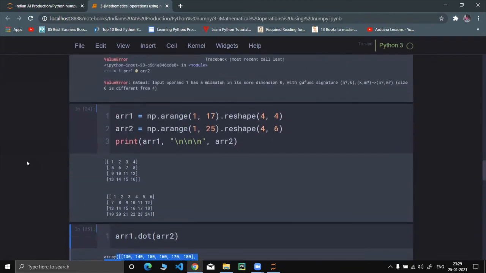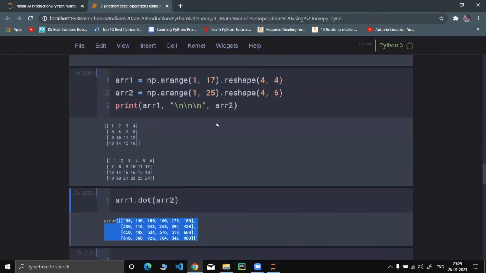But one point to note over here, after the multiplication, if we want to know the shape of the obtained matrix, then it would be total number of rows in the first, comma, total number of columns in the second. So initially, the number of rows in the first array were 4 and number of columns were 4. In the second array, there were 4 rows and 6 columns.